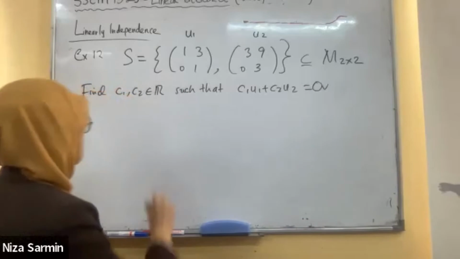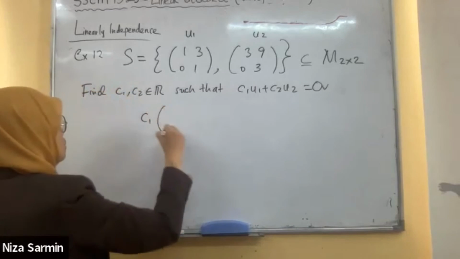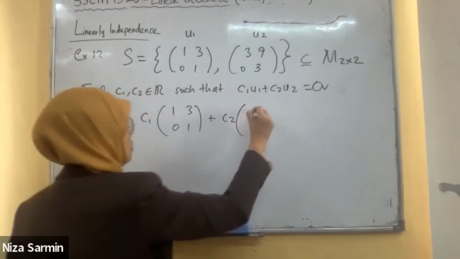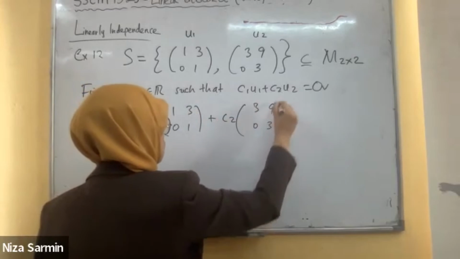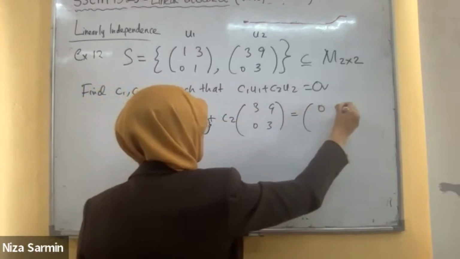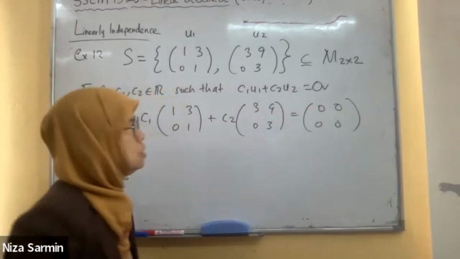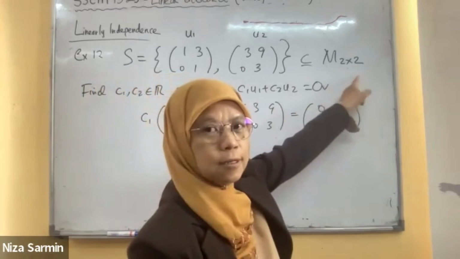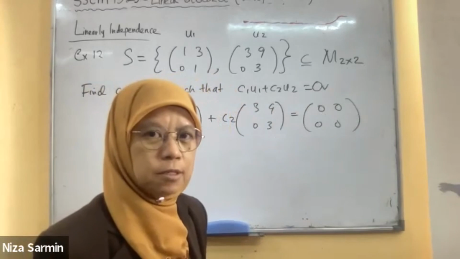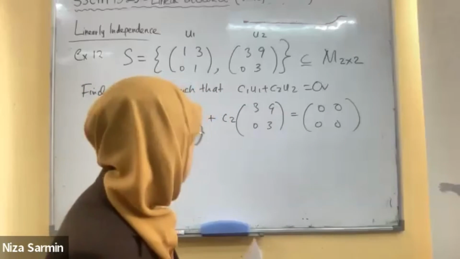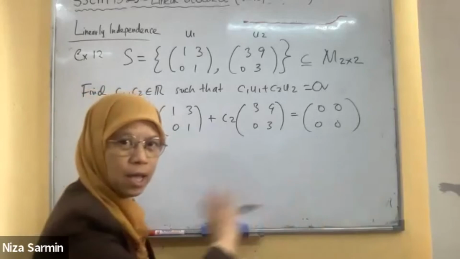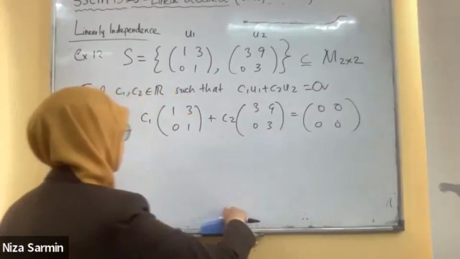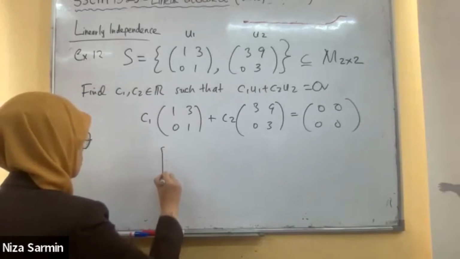Okay, so C1 times (1, 3, 0, 1) plus C2 (3, 9, 0, 3) equals, that's why you need to know your vector space. Yeah, you need to know your vector space. So that is the 0 vector. So you can multiply out, you can add, and then you can equate, right? Or you can just write out